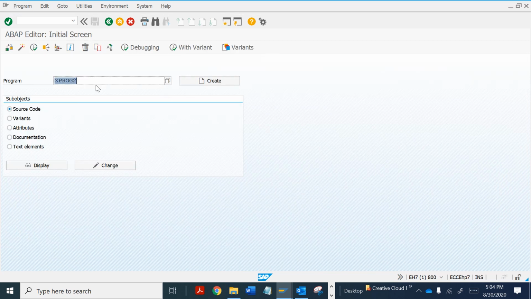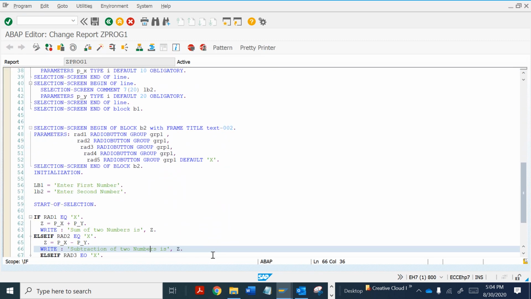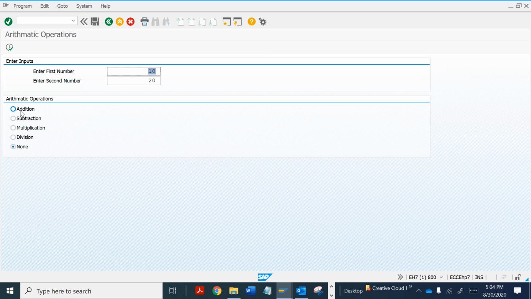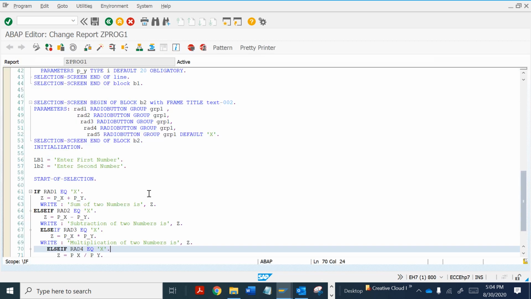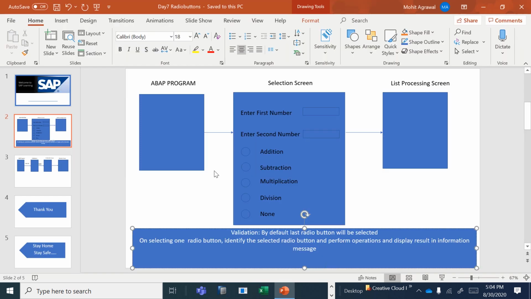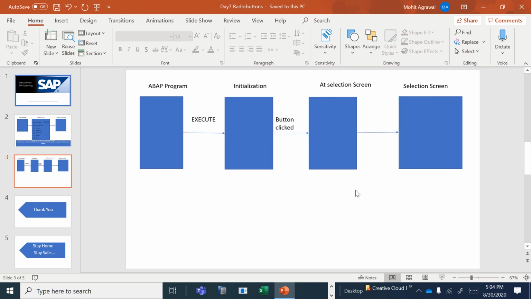So now go back to our previous requirement. First understand where you want to click this. As you have understood, we have different events in ABAP.